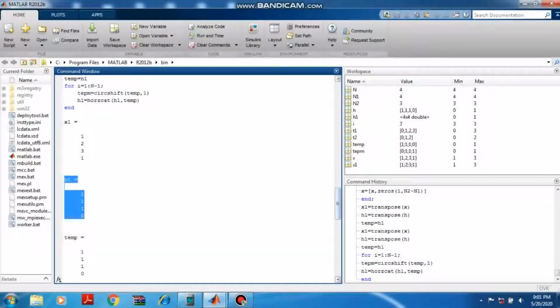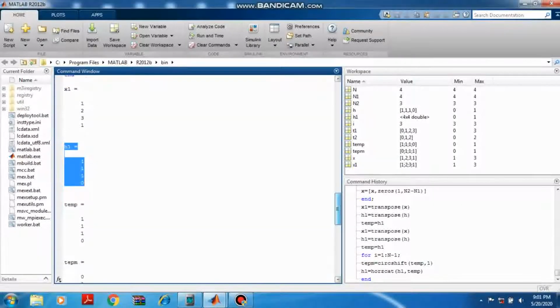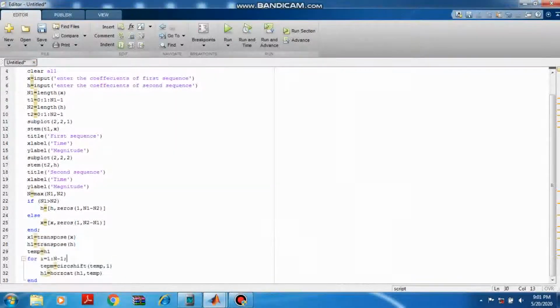In temp, what we had stored was 1 1 1 0. We had stored, sorry, this is temp, right? Temp, yeah.